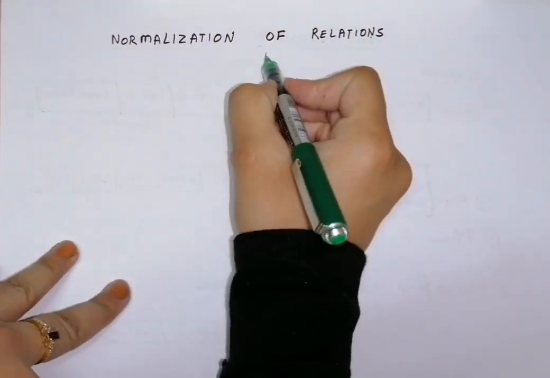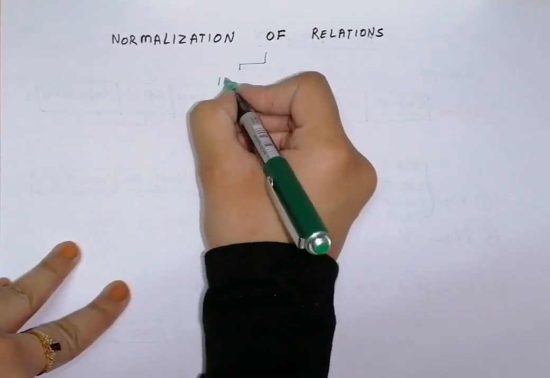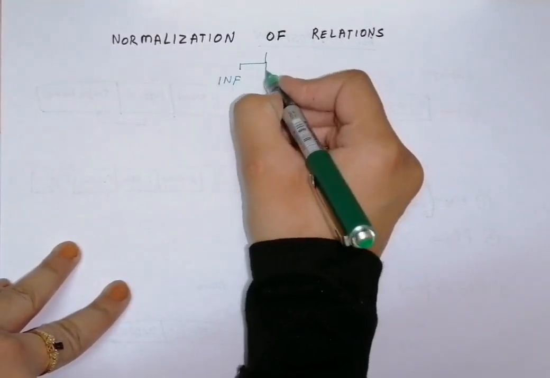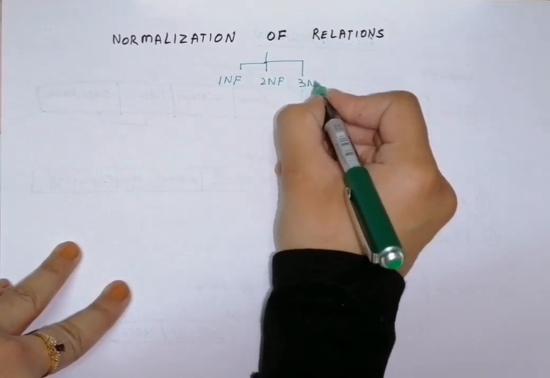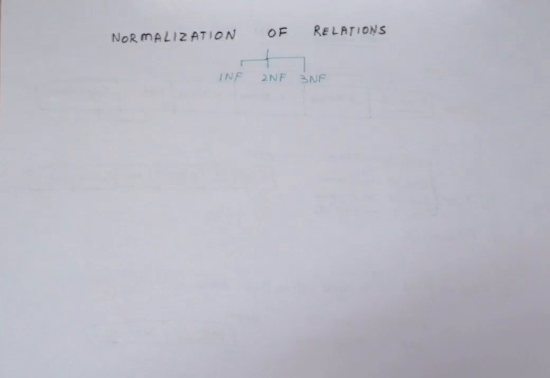Okay, so there are three different forms of normalization. First normal form, I write it 1NF. Second normal form, I write it like 2NF, and third normal form, I write it like 3NF. All of these different normal forms have their own conditions, their own criteria on which we evaluate a particular relation or try to convert it by using the decomposition concept.